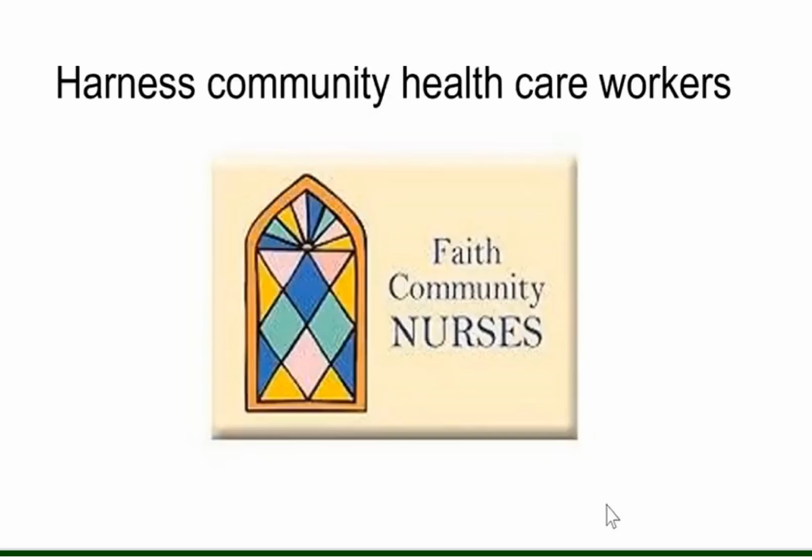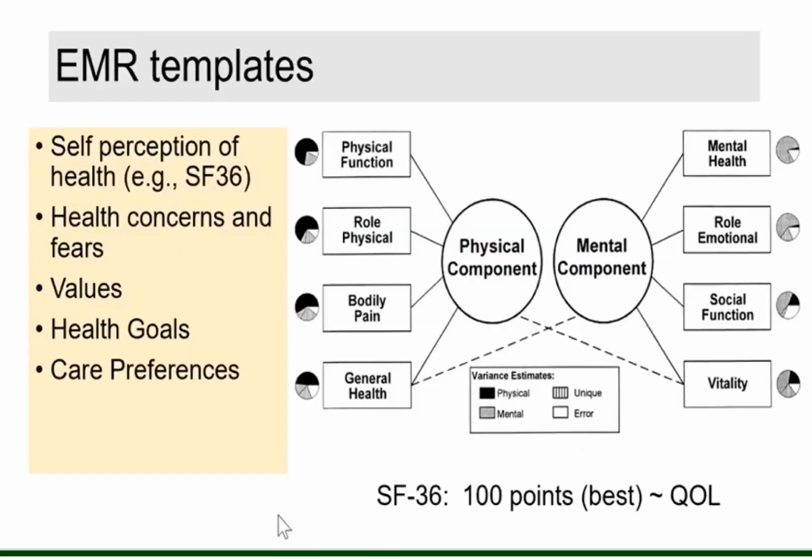You can also harness community health workers. So if the individual happens to have a parish nurse that they can go to, the training of faith community nurses could be an important adjunct or conduit to establishing what matters. There are EMR templates, and you could design your own. Some thoughts being is that if you want to identify